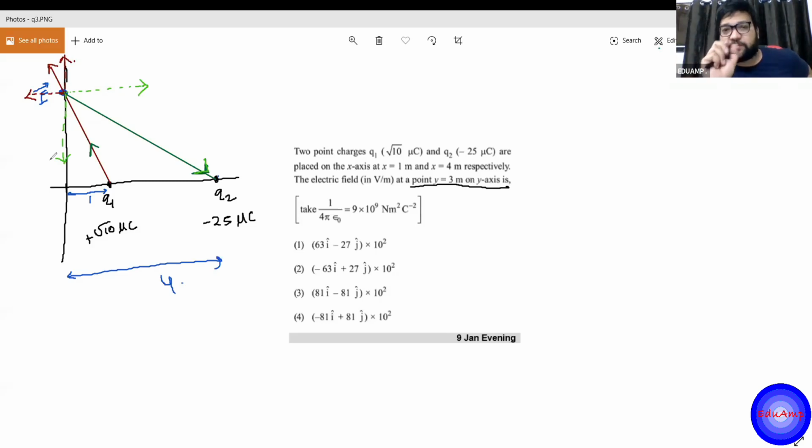If someone is having problem with doing components or how we add vectors, please tell me. I'll explain a little bit about that also. If someone is having difficulty understanding the components and how to find the resultant, because this is standard 11 thing, right? We can't discuss it fully here, but still I can briefly explain it if someone is having problem.